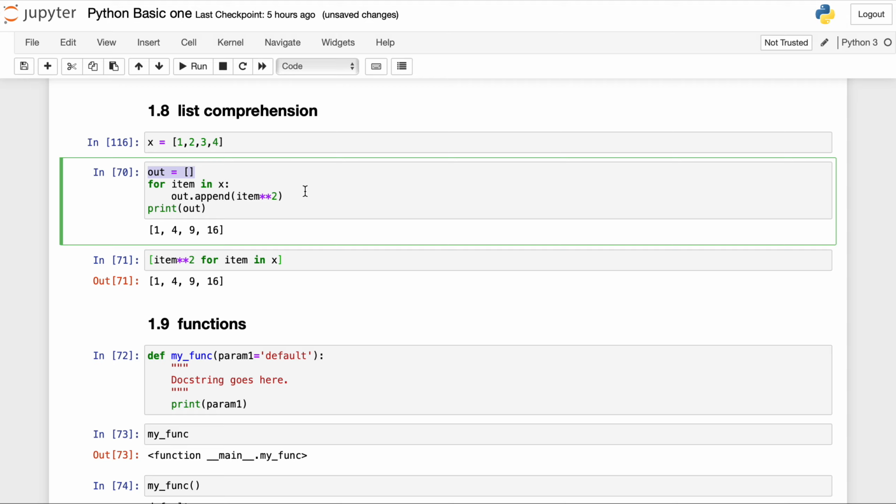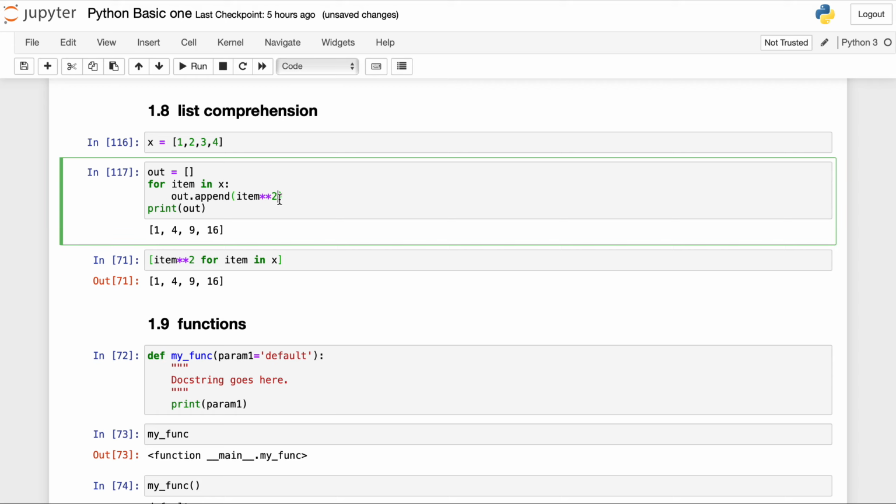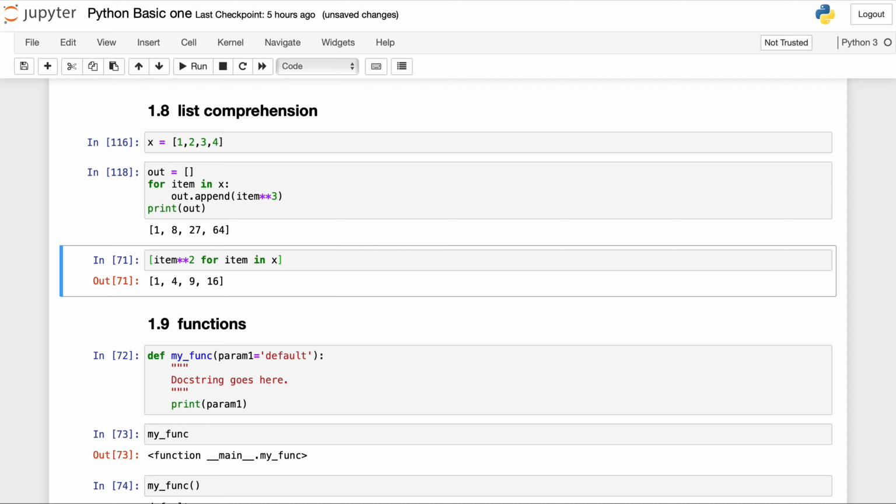So suppose I have the value 1. I want to append the element multiplied by 2 into another list called out. So my out list will contain 2 4 6 8, and if I multiply by 3, it will come as this. And you can do this in a single statement also.